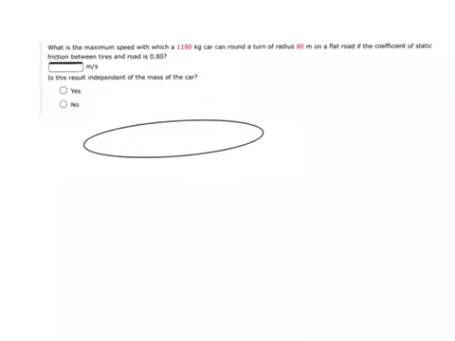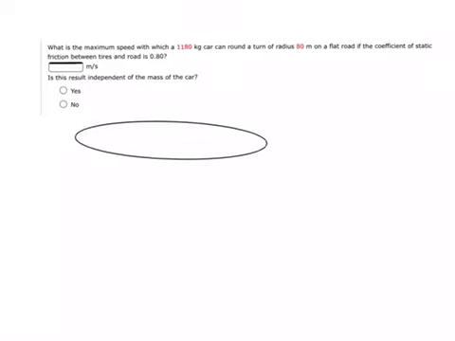Alright, so this question is about the maximum speed at which a car can round a turn with a radius of 80 meters on a flat road if the coefficient of static friction between the tires and the road is 0.8. So here's my flat road, and so here's my curve,